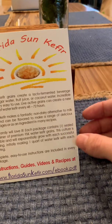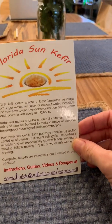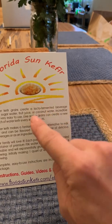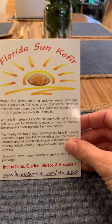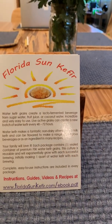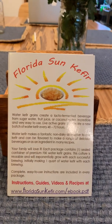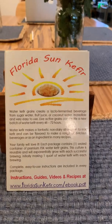Really quick, I don't want to take too much time on the boring stuff, but this was the brand of kefir grains that I got, and they recommend doing a new batch every 48 hours to 72 hours. Some people will tell you that if it's hot, you want to do it for 12 hours. If it's hot inside your house, they're going to work way faster. And if it's cooler, you could be anywhere from 1 to 3 days